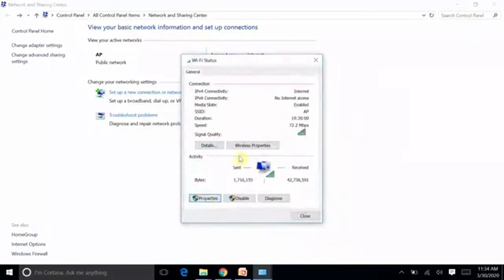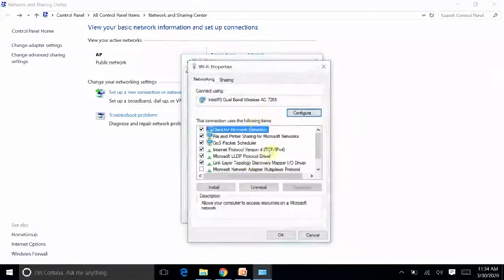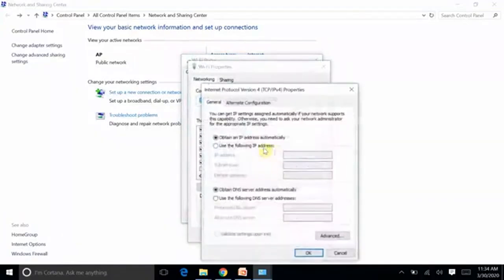Click on Properties. Click on Internet Protocol Version 4. Use the following IP address. See this: 192.16.43.108.